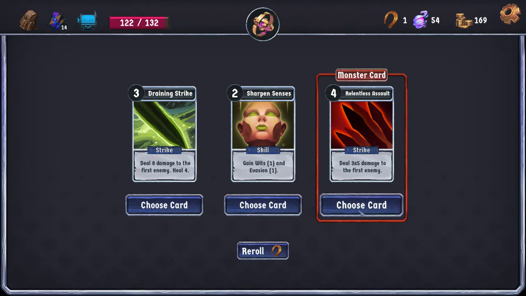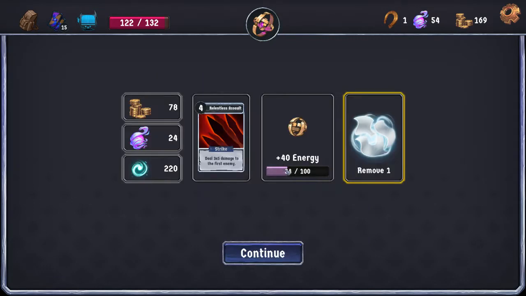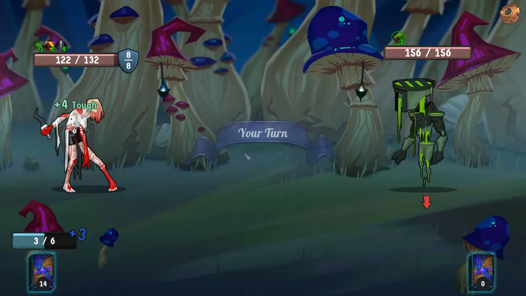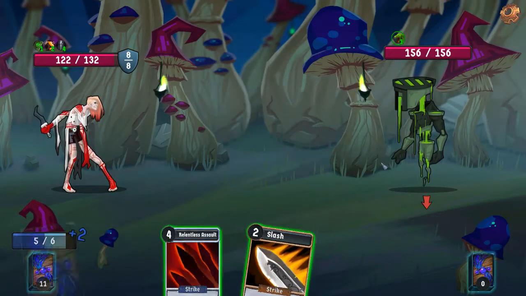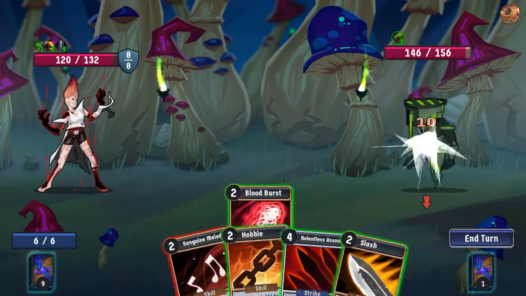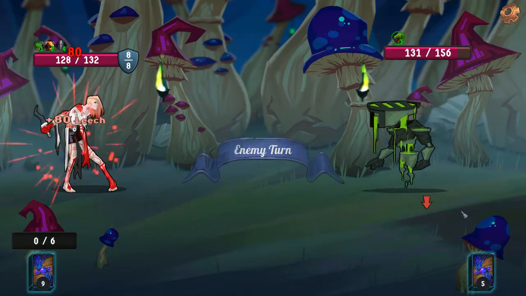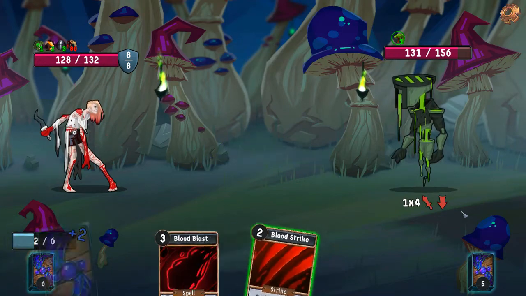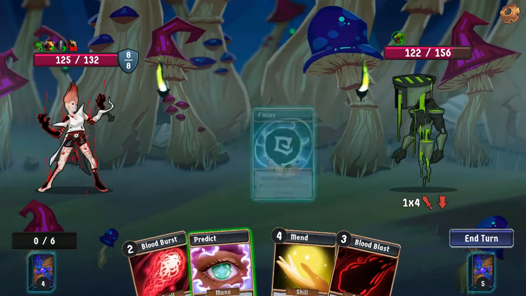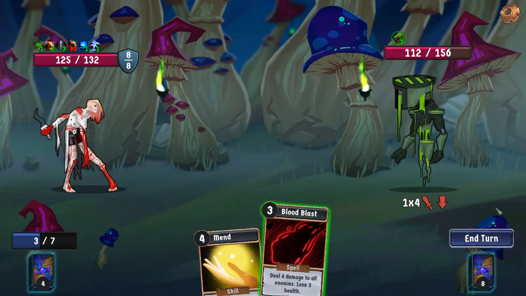Relentless Assault seems pretty okay. Just a bunch of damage. Plated seems pretty good. We're gonna cut one of the slashes. Being leeched is annoying, but don't think it's worth playing that. I think we just